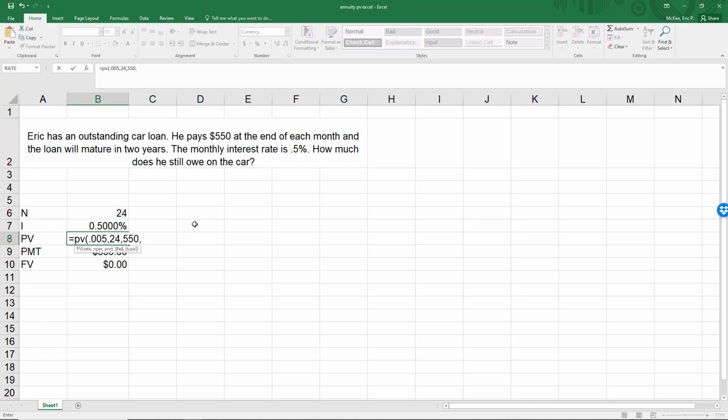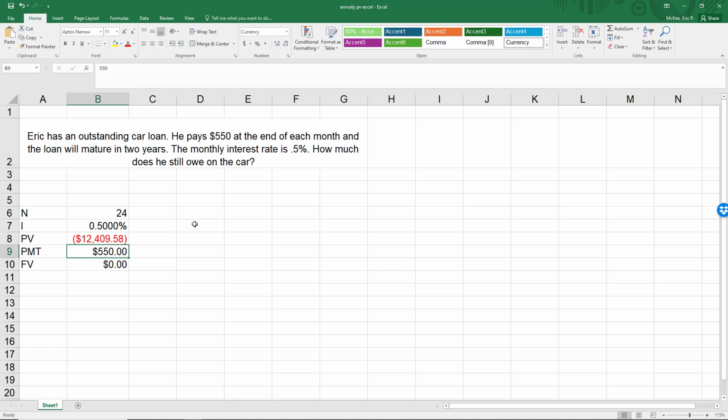And then FV. Technically I'm done here because the default value for future value is 0, and my actual value here is also 0. But just in case you see an annuity that has an actual value, we'll put in the 0 value anyways. Type, because this is an ordinary annuity, we can leave it as the default value. Hit enter, and I get my present value, which is basically the amount still outstanding on the loan. He's probably paid down the loan for several years at this point, and this is how much he still owes on the car,